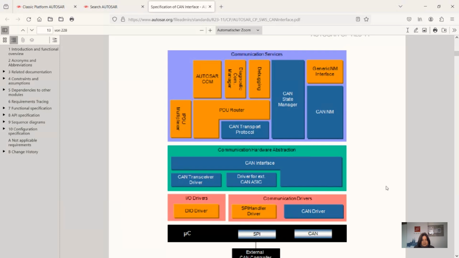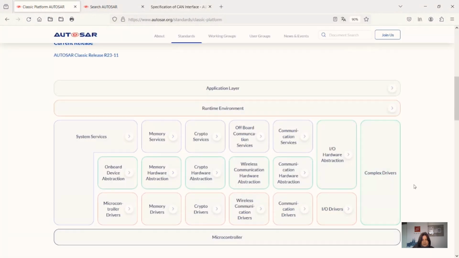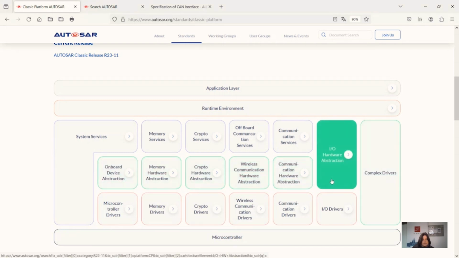And if you are sitting at a single specification, it's easy to lose the overview. And this is the thing we want to communicate to you today, to have a look again on this level, on the architectural level, on the microcontroller abstraction, not ECU (electronic control unit) abstraction layer, with all these parts, which